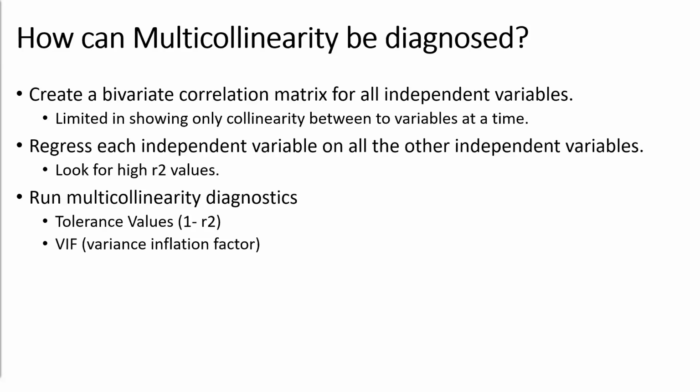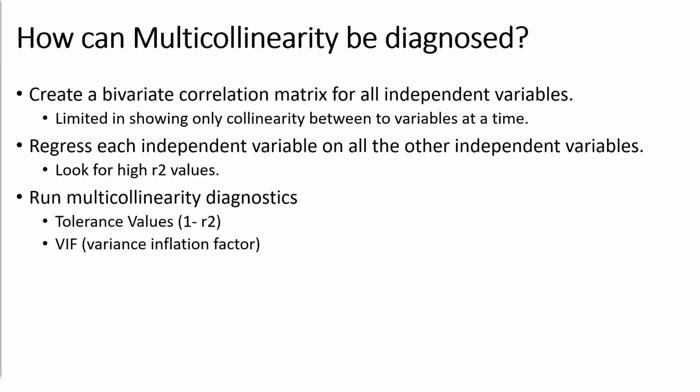So low tolerance scores connect to high multicollinearity. If your R-squared is really big, your 1 minus R-squared is going to be really small, and that's going to tell you that there's a multicollinearity problem. So we are given both the tolerance measure, and we're also given the variance inflation factor, or the VIF. And last week we talked about how we want